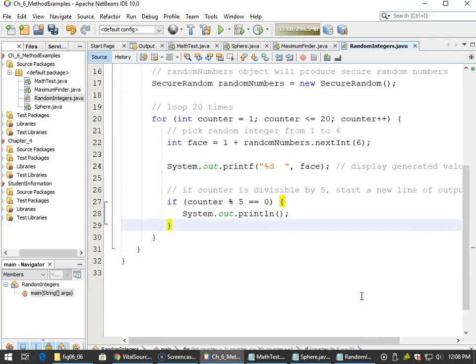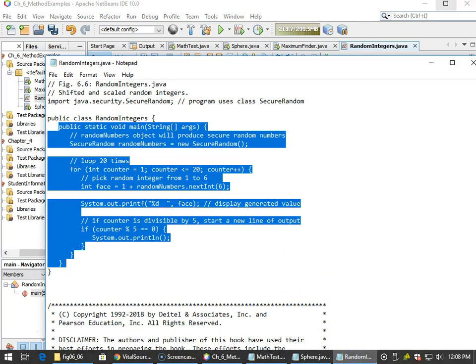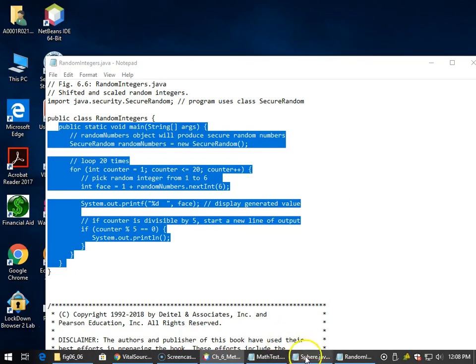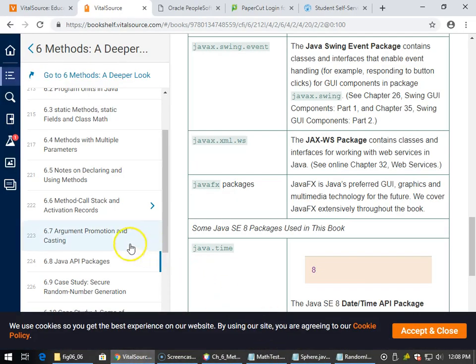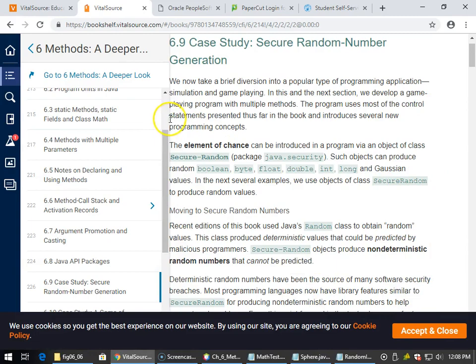So let's come back over here, and this is where I try to explain why we are using random numbers. And I also wanted to show you something, which is